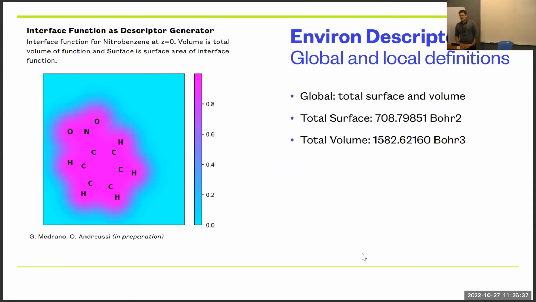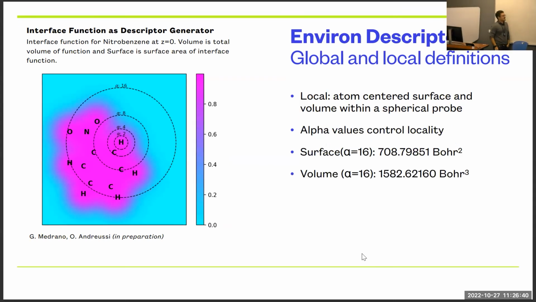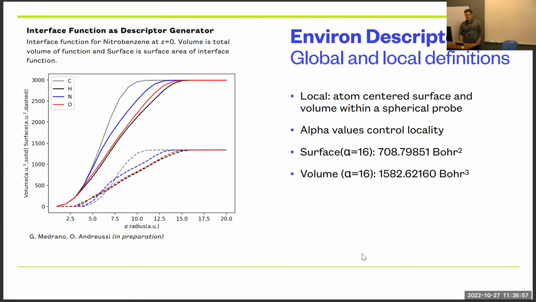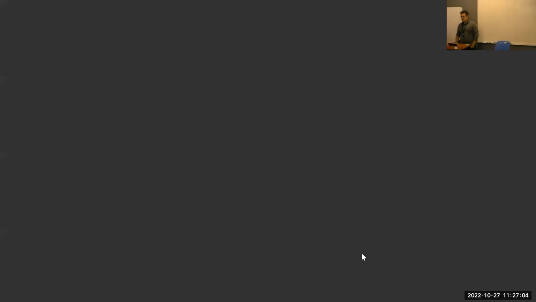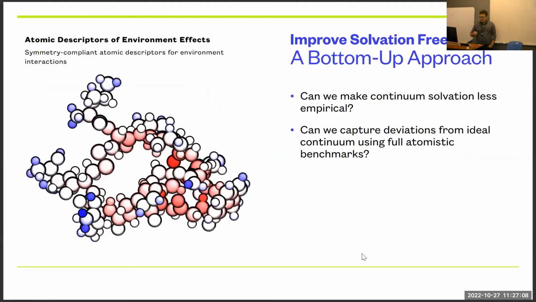And so one idea we had is we can use the interface function that we have in Environ to define atomic descriptors by measuring, for example, how much of the volume of this interface function, or how much of the surface of this interface function, is within a certain radius from an atom. So we have this kind of curves for each atom in the system. And then we basically use these curves as the